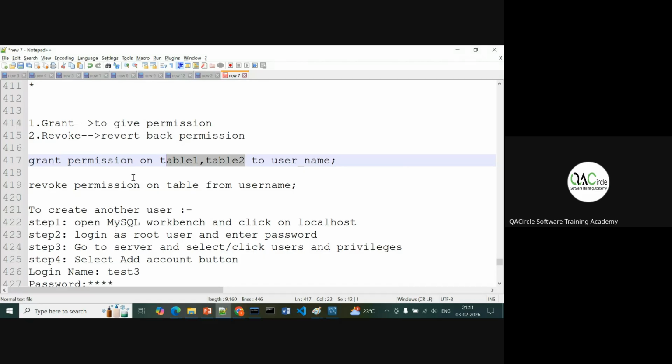These permissions can be applicable for a user to use the command